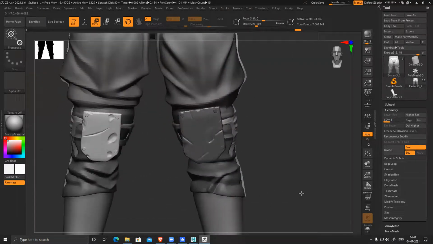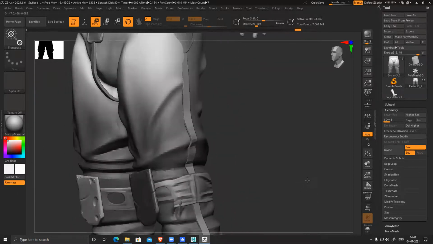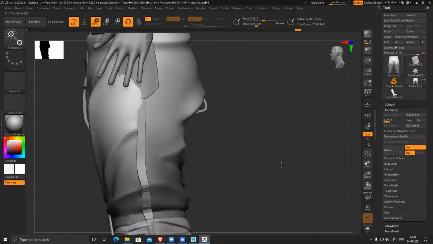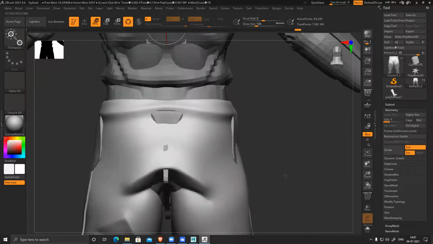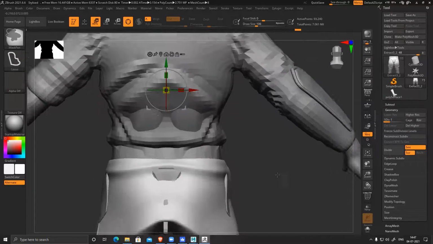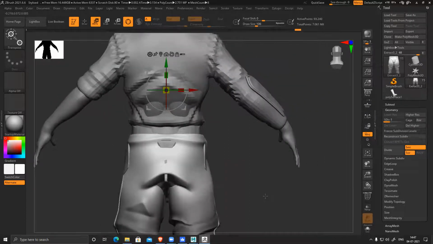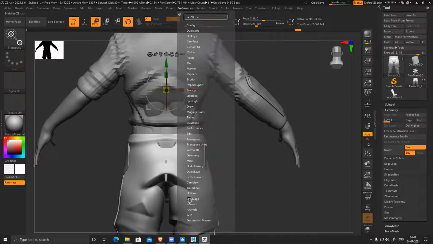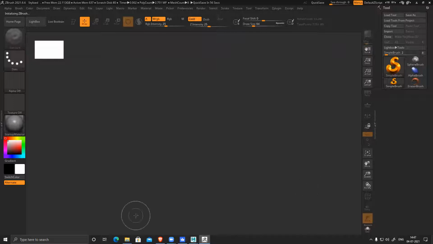Thank you, sir. Okay, all these things, I'll have to merge and then move them. So don't merge it that way. How can you do it at once? Let me reopen the file. There is another technique without merging. Yes, you have to merge, but you can do it without losing all the subdivisions and everything.